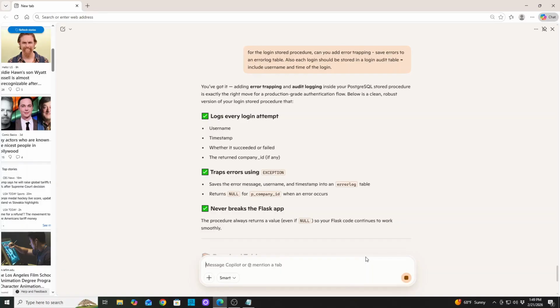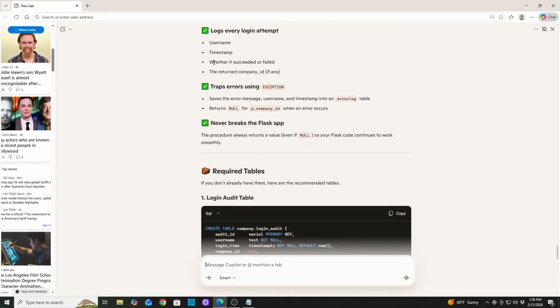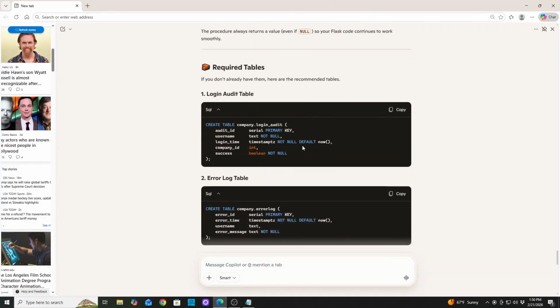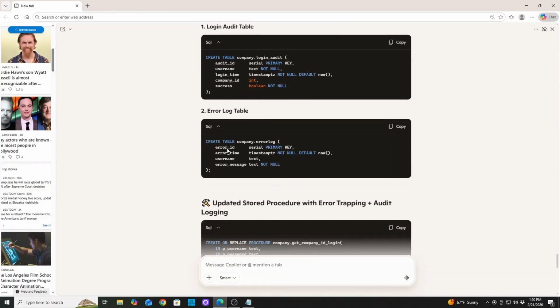Again, you've got it. Adding error trapping and audit logging inside your PostgreSQL SQL procedure is exactly the right move for a production-grade authentication flow. Below is a clean, robust version of your login stored procedure that returns company ID, if any, which I didn't even mention, flags it as success or failed, or returns company ID. So it creates, okay, a login audit table: a primary key, the username, the login time, the company ID, succeeded or not, error log,